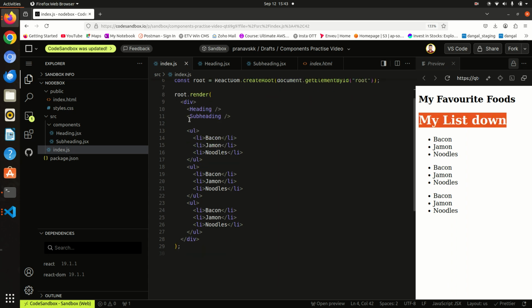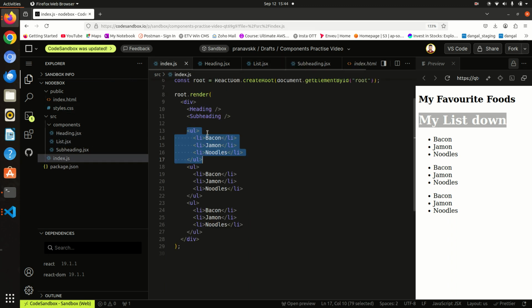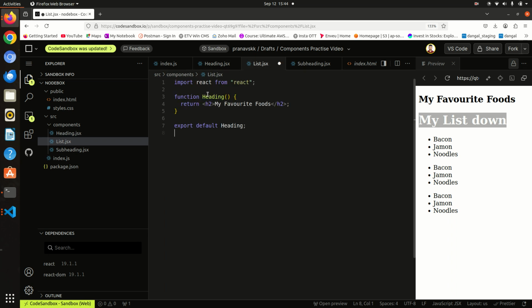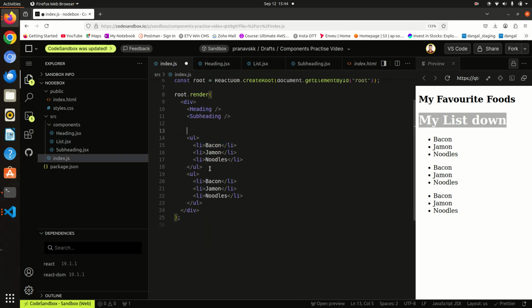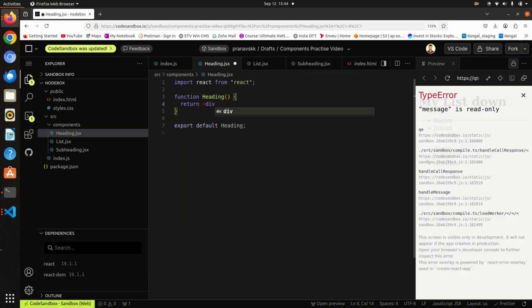In the same way we can create another component called a list, so we can create list.jsx. It should be in the format of JSX mandatorily, and whatever we have given in heading we can give in the list. So we'll call it list and we'll export it as list, and here, whatever it is, we can return it. So div,